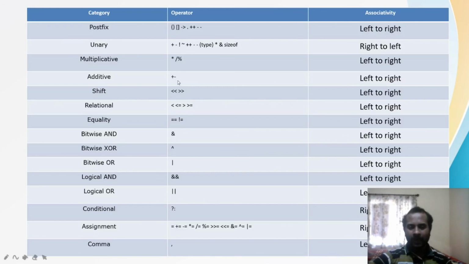But plus and minus versus the shifts, that is right shift and left shift, have different priority. Plus and minus have the higher priority and the shifts have the lower priority, and comma has the last priority. This is how it will be executed. Only the unary operators, assignment, and the conditional are executed from right to left, and the rest of them will be executed from left to right only.